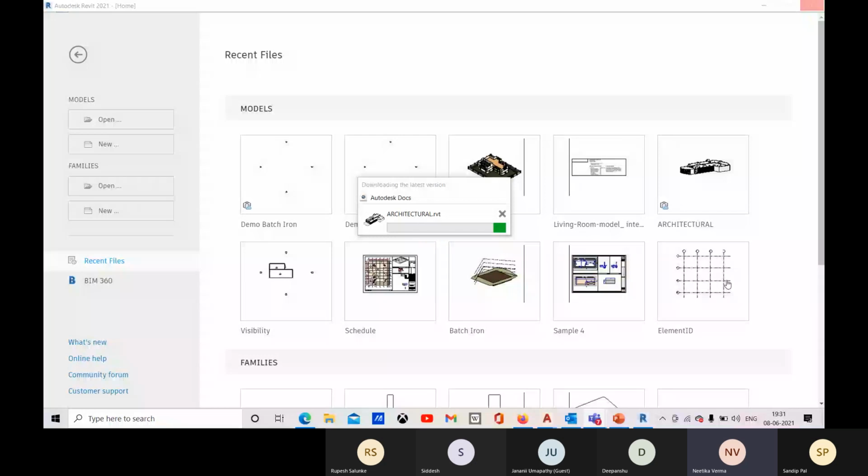For 1 hour? 2 hours. I can give you 1 hour, but that will be very less time to complete that model because you are still at the beginning stage and at the learning stage, so it will take time to complete the model. So 2 hours will be the right time.